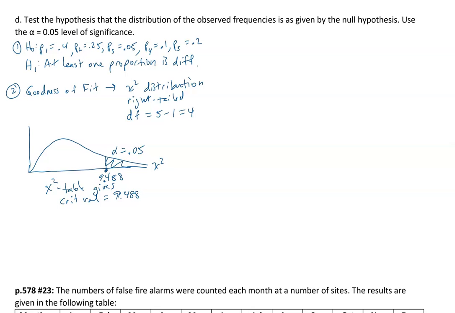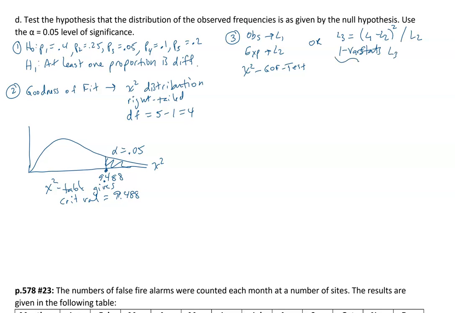All right, so step 3 on the calculator, if you've got that built-in test, you've already got your observed frequencies in L1, you've got your expected frequencies in L2, so either you have the chi-square GOF test, it's got to have that GOF in it, or you're going to then calculate L3, which is (L1 minus L2) in parentheses, so you can square it, and then divide by L2, and then run one variable stats on L3, and I should mention that's in the stat calc menu. Right, and either way, then I get a test statistic,